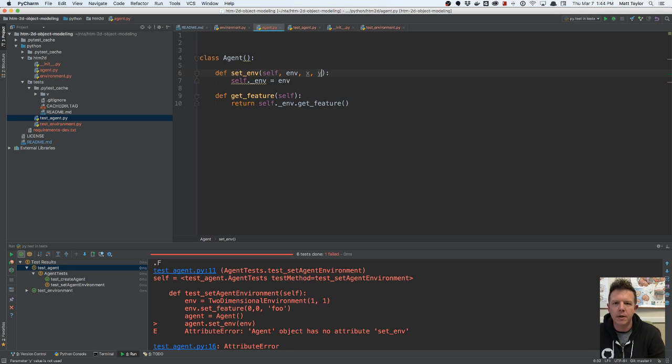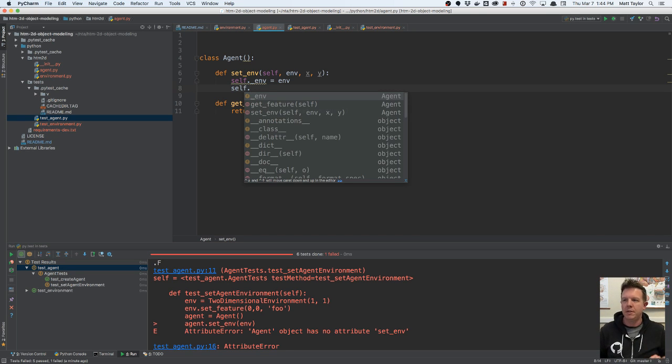X, Y. And how am I going to denote that? This isn't going to work because this is going to be dependent on the sensors, but this is how TDD sort of works. So you just sort of write things that work all the way through, but you know they're going to mutate into other things. So let's say,